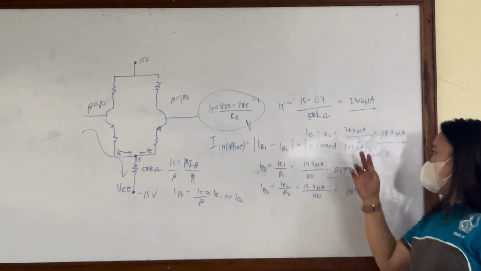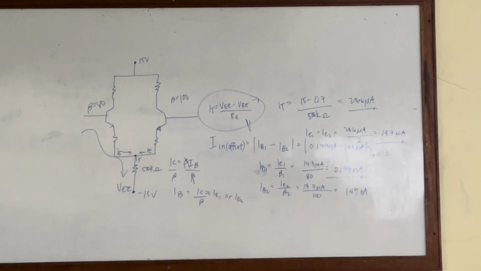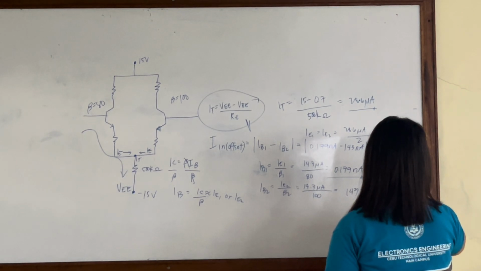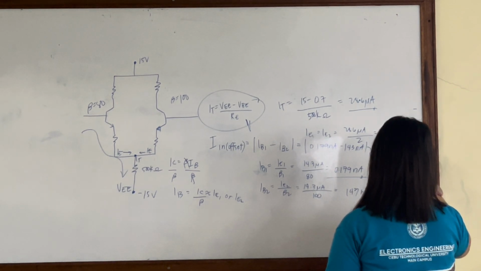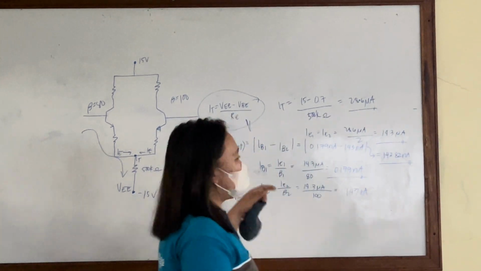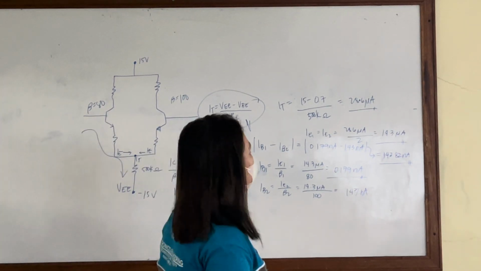Ay, 143 kaya. 143 nano, miss. 142.82 nano ampere. Okay. So this is our input offset current. Now, our input bias current,